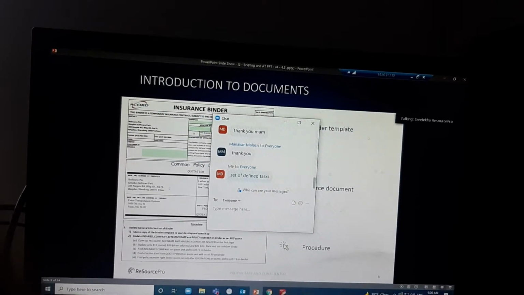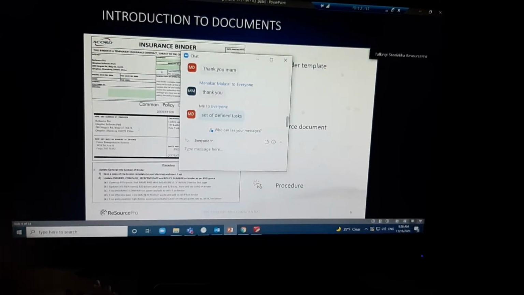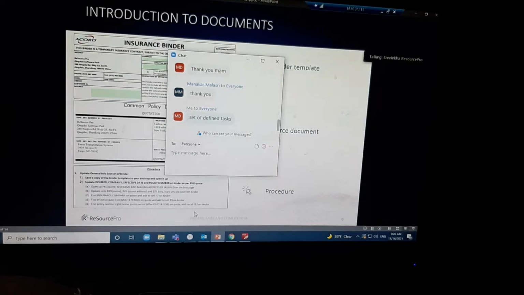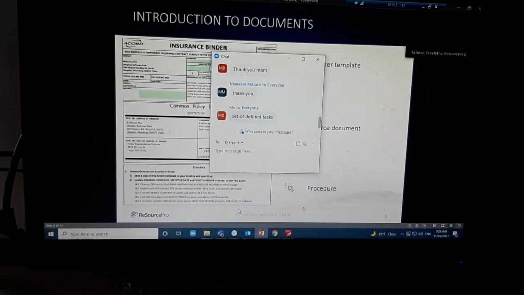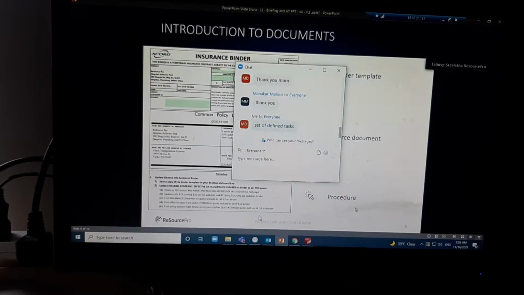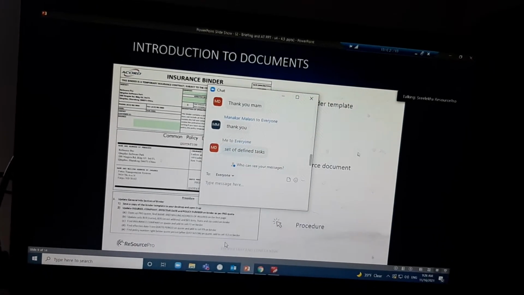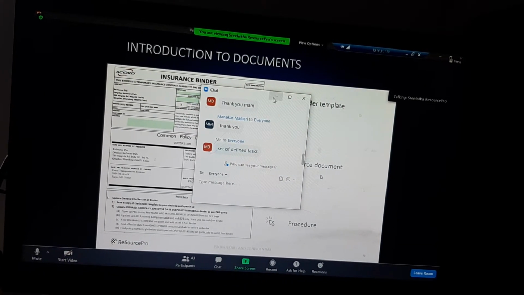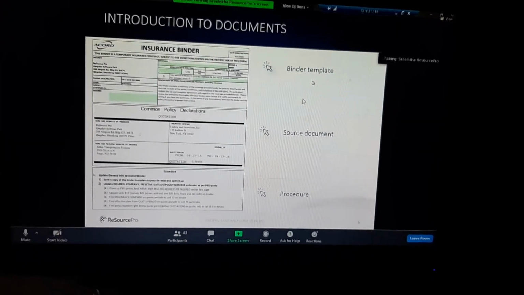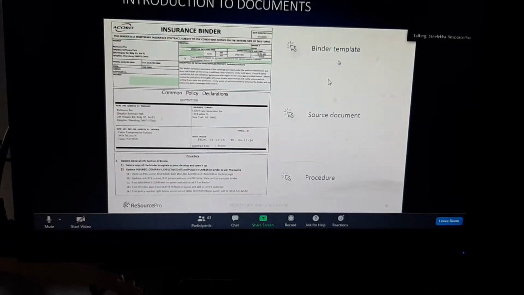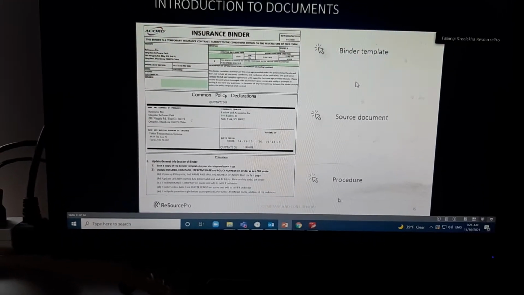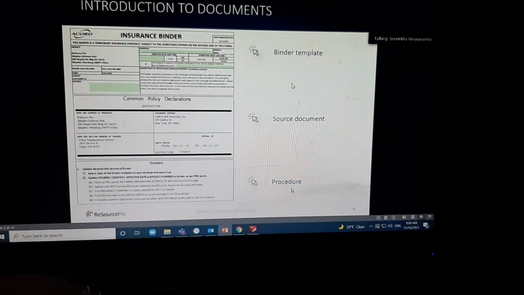Okay, fine. It is step-by-step instructions in order to complete a particular task. So the instructions given in the procedure document tell us which information we have to fetch from the source document and in which cells we have to update it in the binder template. These instructions will be given in the procedure document. Is that clear?